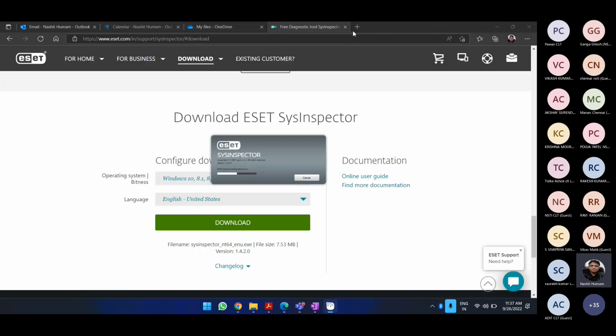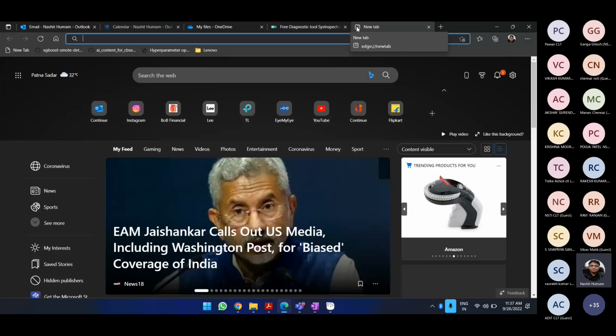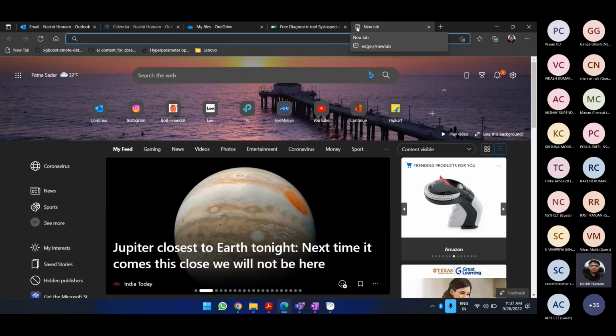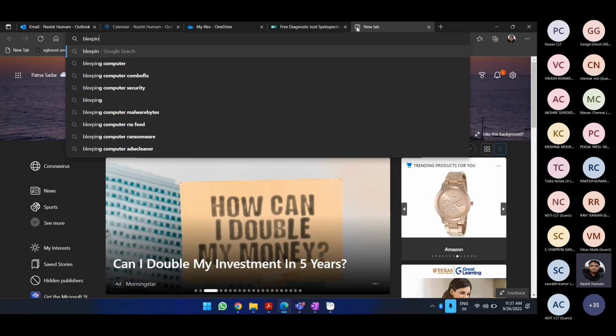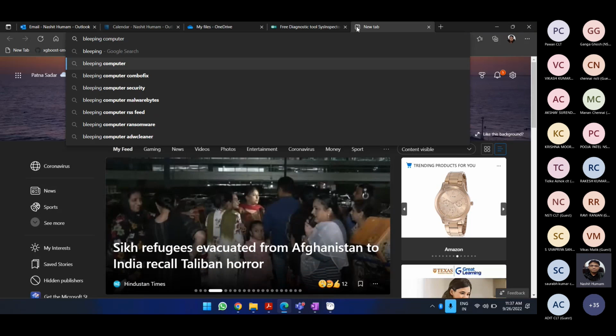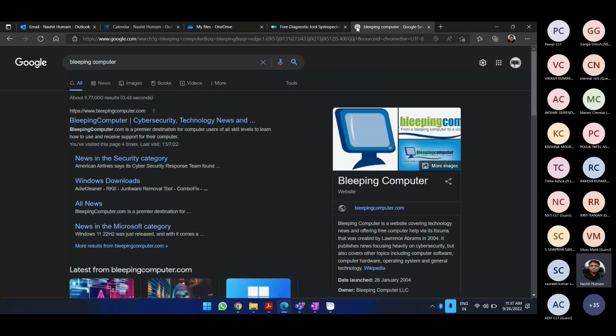Now, some of you, in case you are interested in getting some freeware to keep your system clean, we have this site called Bleeping Computer. You might check it out. We have a lot of free downloads here and many applications.